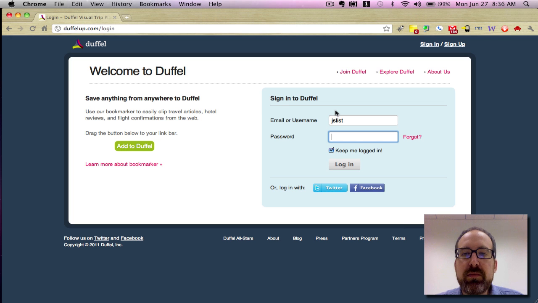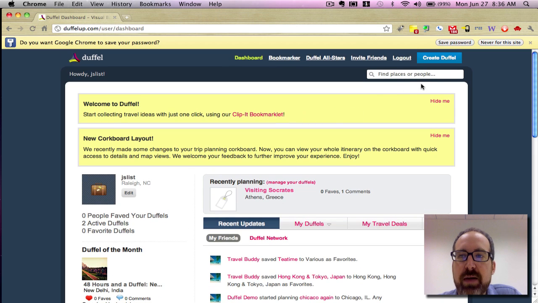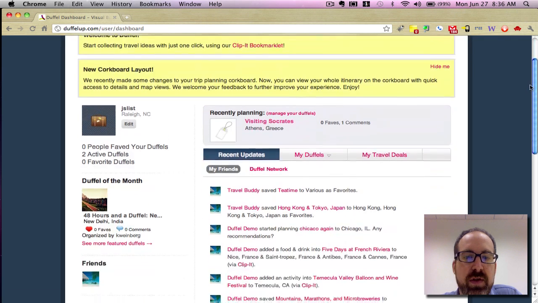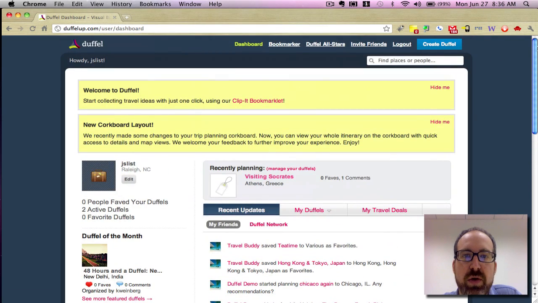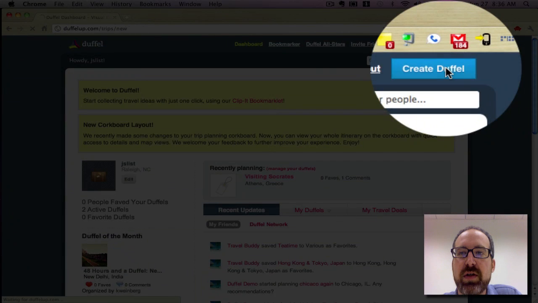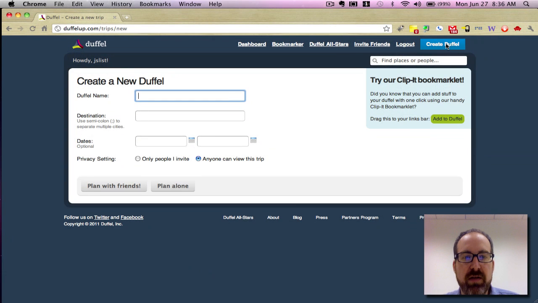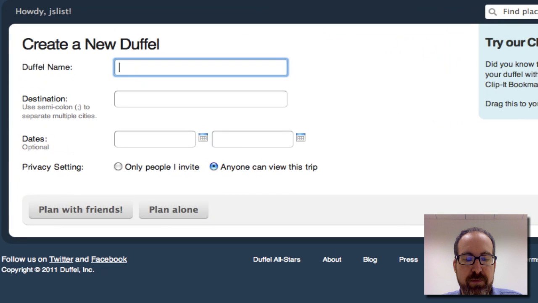Of course, first thing I'm going to do is log into the program, and you're presented with a dashboard after you've already created your first Duffel, but you can click Create Duffel. I'm going to name this Duffel French Revolution,